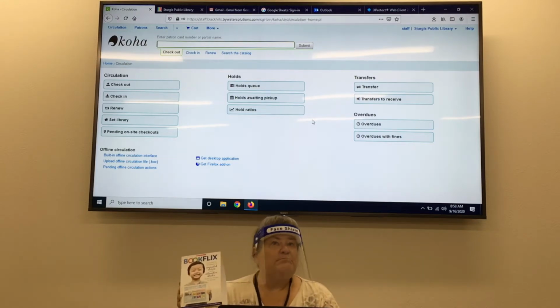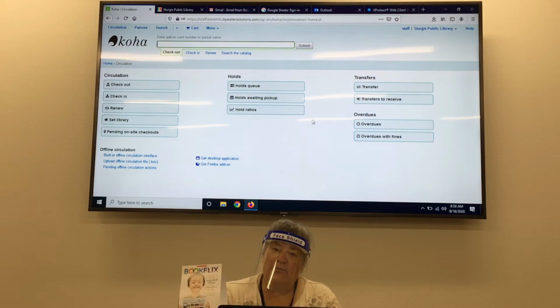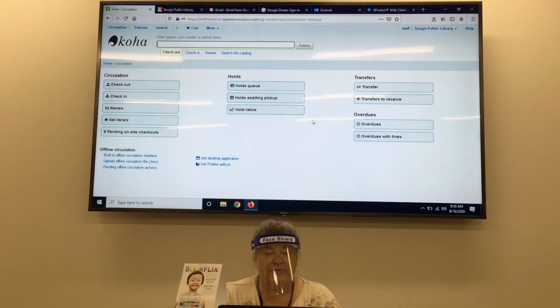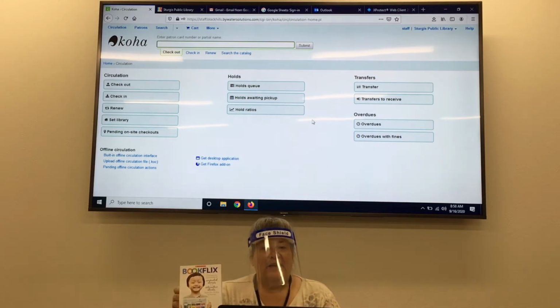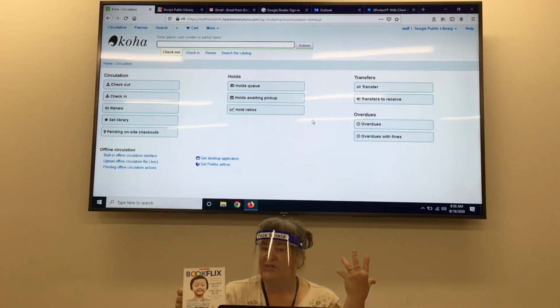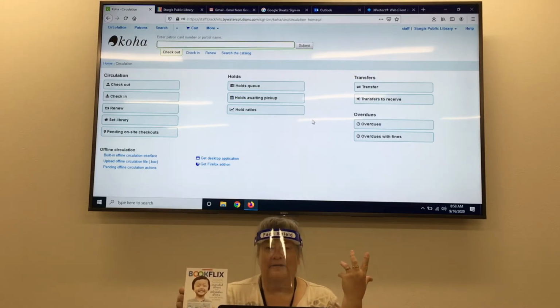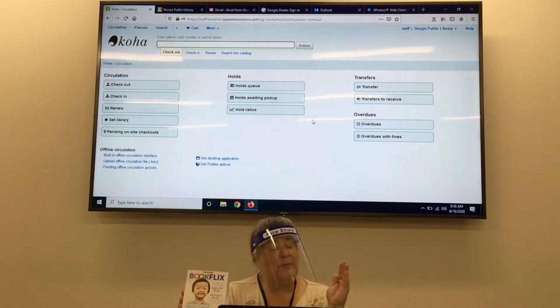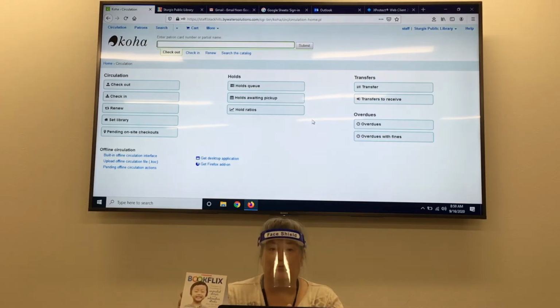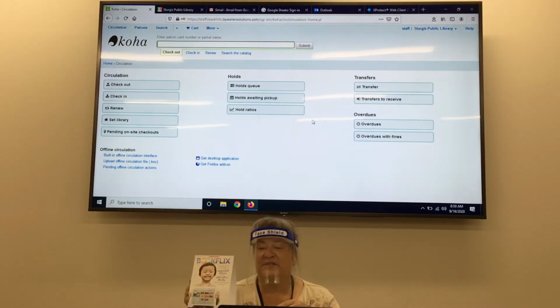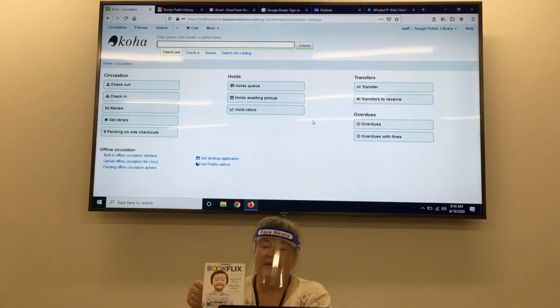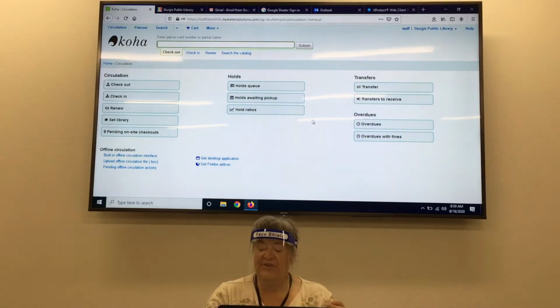BookFlix is basically for the younger, the toddler, preschool age, kindergarten, first grade, second grade. It's picture books that they show online. You can watch the picture book. They also pair it with a nonfiction book that you can read, and then they have activities to do. So BookFlix is kind of for the younger group, but then TrueFlix,